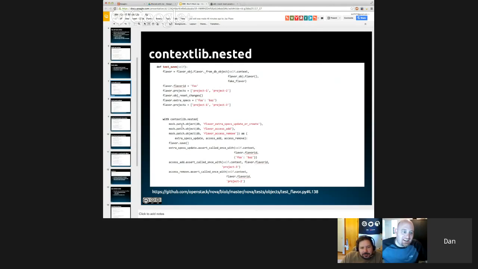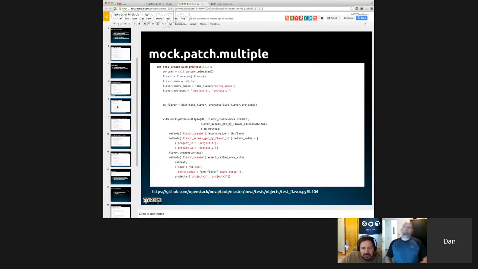So if you go to the next slide, we have the alternative example. And the best part about this particular example is that this is from the exact same test file. And in fact,